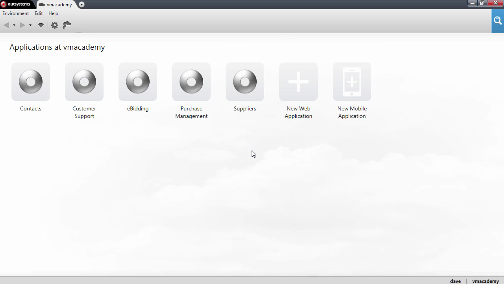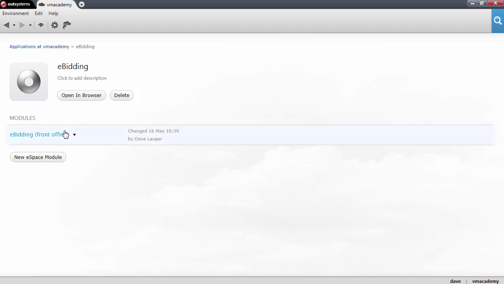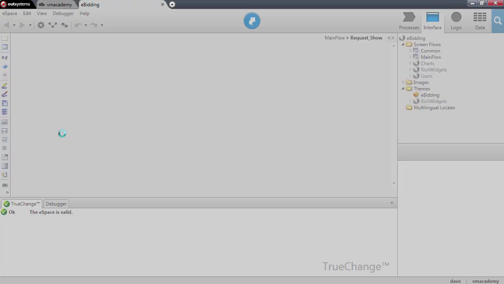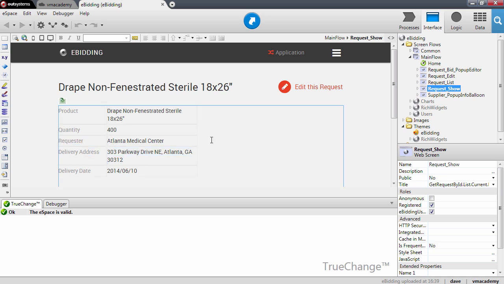Often, a functionality we want to add to our application was already implemented by someone else. In this lesson, we will search for a component in the OutSystems developers community and reuse it in the e-bidding application. So let me open the e-bidding application, and what we want to do here is on this request show